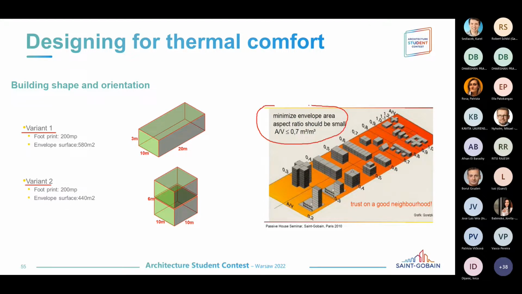this idea of minimizing the envelope area matters. The ratio between the area and the volume should be lower. That means that within the same volume I'm accommodating a higher area. Therefore, although the overall consumption is pretty much the same, the consumption per square meter, and if you think in square meters you can think in families, is lower. So you can see the more compact you go from this point of view, the easier it will be to achieve the energy efficiency requirements. But still,